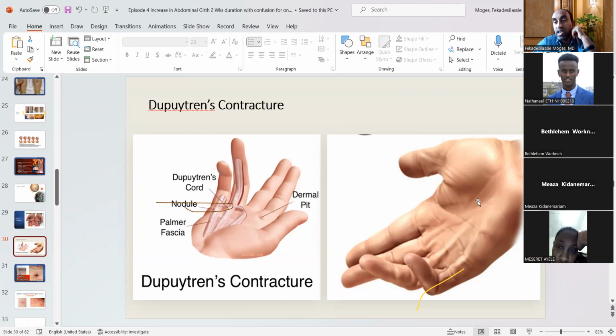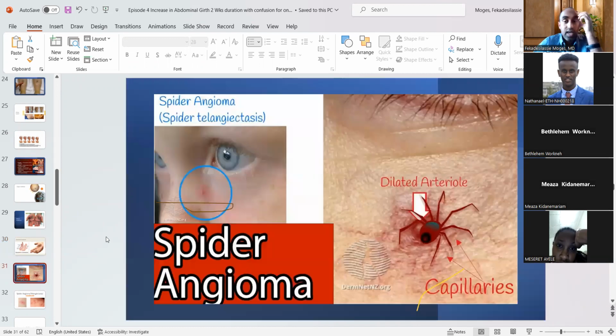are multiple. Normally, those individuals who are engaged in daily labor, who hammer a lot with their hands or lift heavy loads, through time they may develop a Dupuytren's kind of contracture. Okay, so it is necessary to know the differential diagnosis. It may not necessarily mean pathology in all patients. And our patient had spider angioma. It looks like